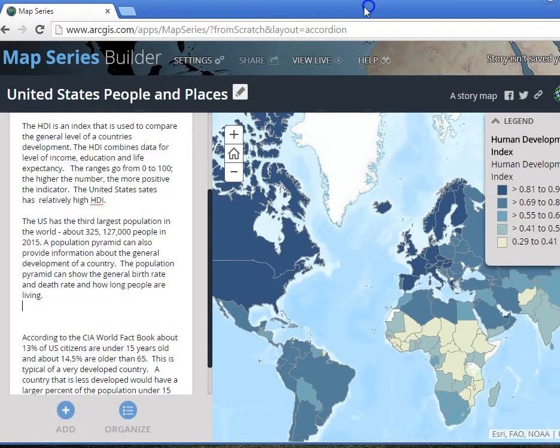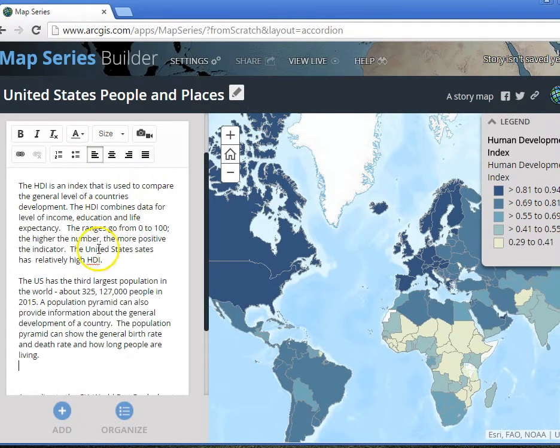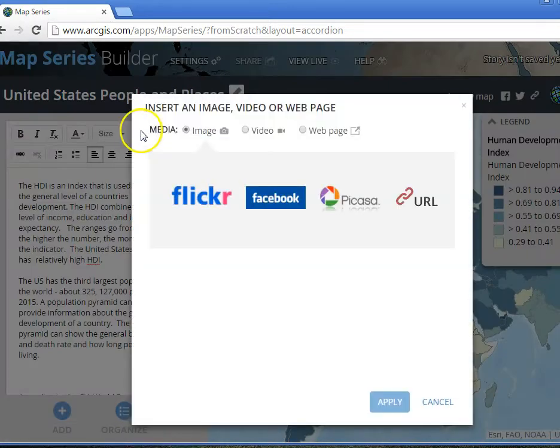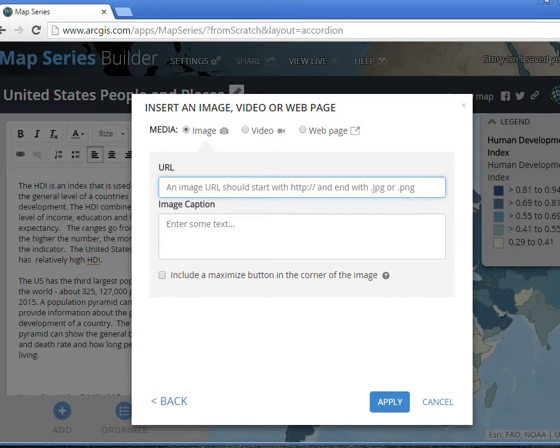So what I'm going to do here is I'm going to click on this camera and I want to insert an image. So I'm going to click on that, and it's a URL that I'm using from a web page. So I'm going to click on this. And then the image that I want,